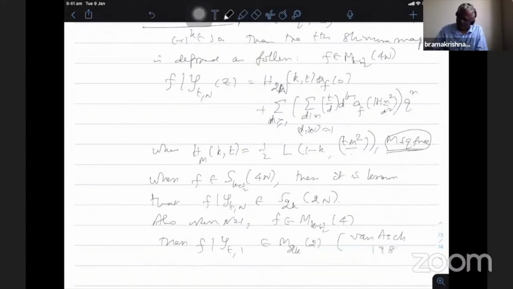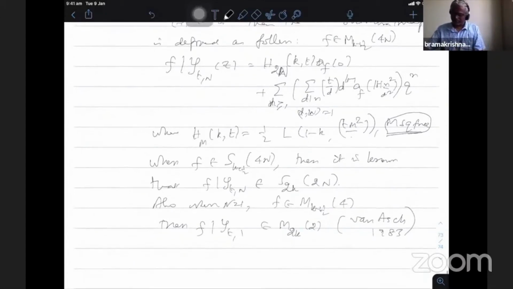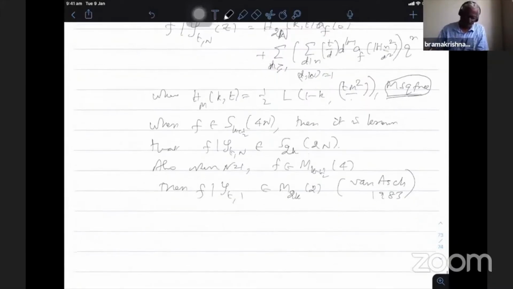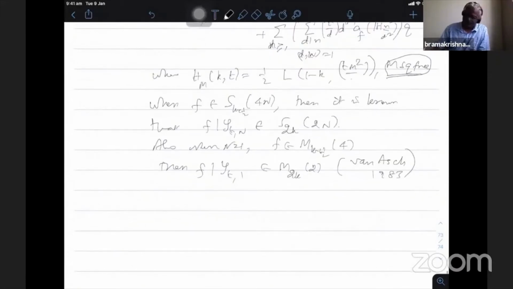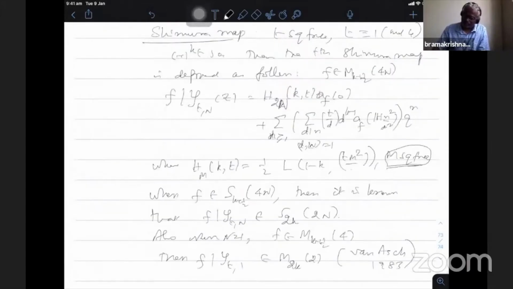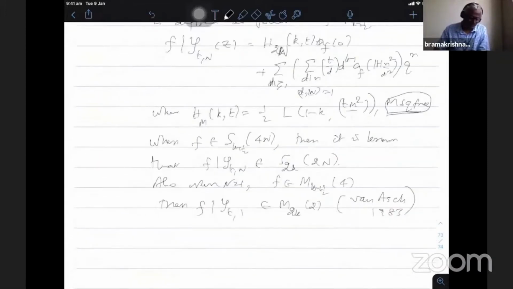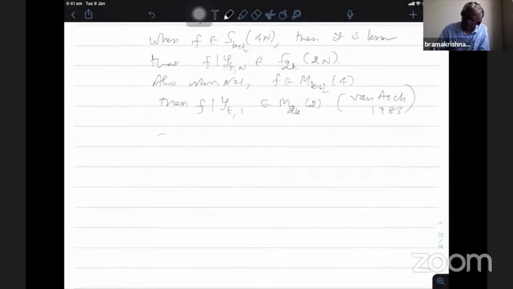in 1983. So the extension to non-cusp forms other than the plus space was done by Van Asch. So for the plus space in 1980, Kohnen did it. For the Shimura map, extension was done by Van Asch for level 4. So in 2003, Wang and Pei generalized this Shimura-Kohnen map for the plus space. So using that, we defined the Shimura map on the non-cusp forms, and we show that the same mapping property holds for this particular Shimura map.